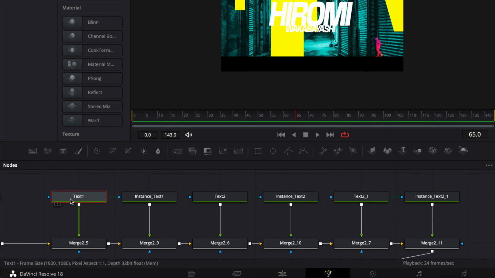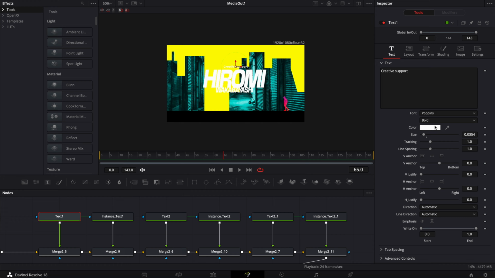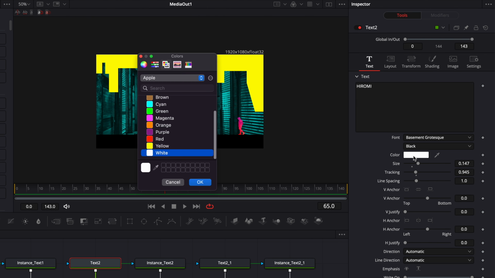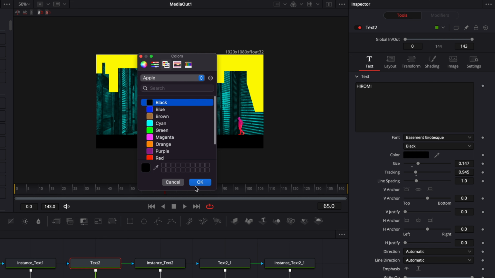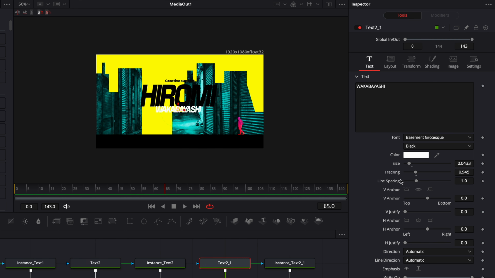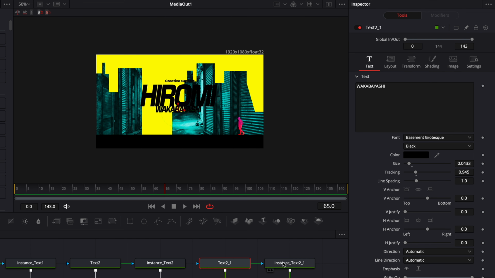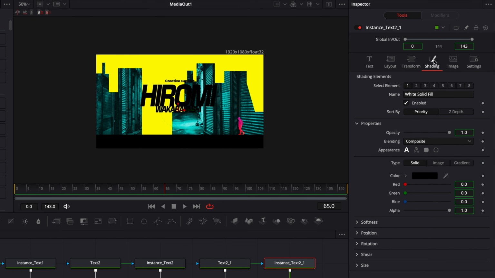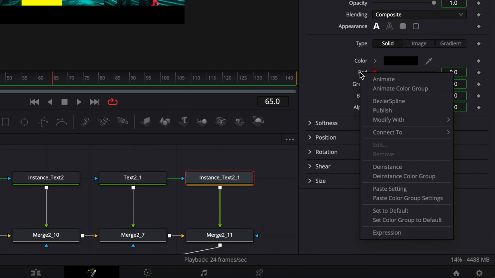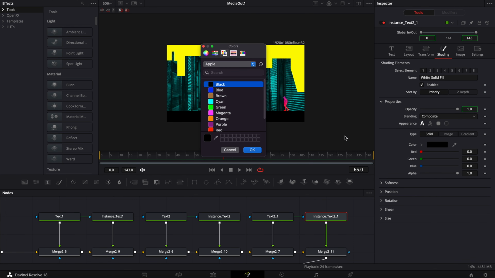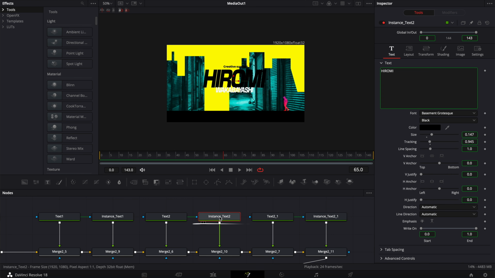Now I'm gonna just change the color of each of my text here from white to black. Same for text 2, from white to black, and same for text 3, from white to black. Now we can go to each instance and go to shading and here right click on red and de-instance the color group, and now we can just switch that color from black to white and repeat the same process for instance text 2.